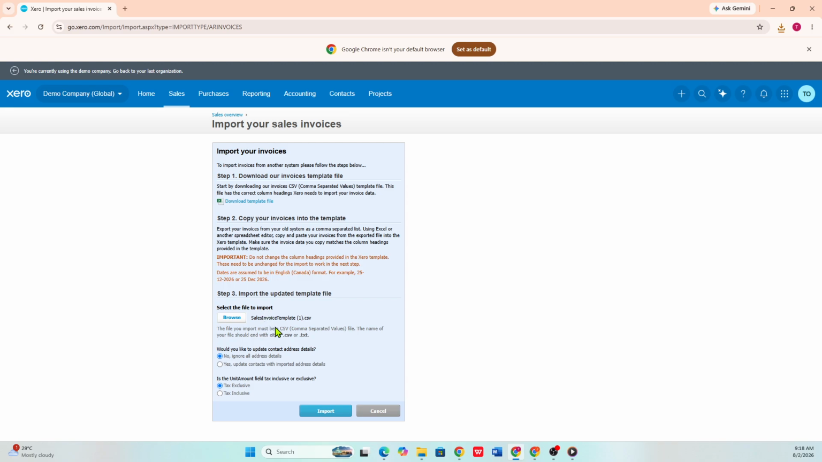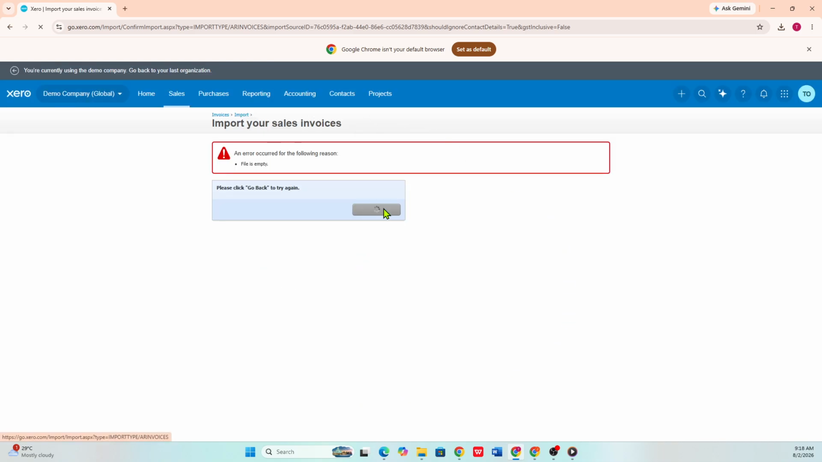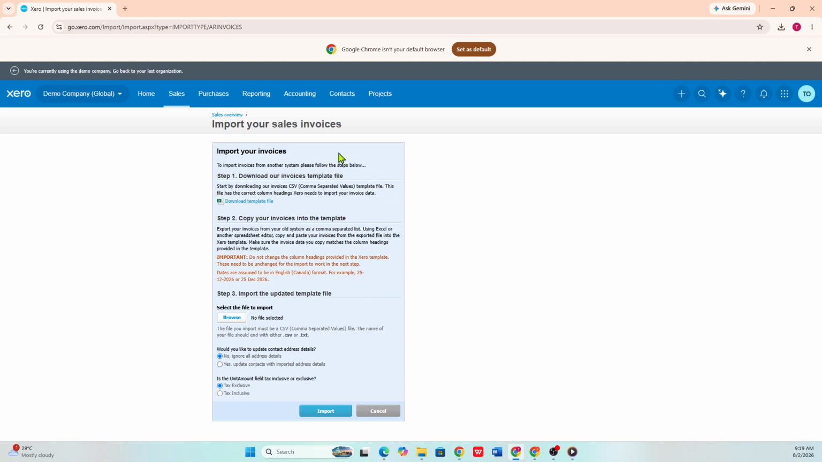Once the file has been uploaded, click Import again to complete the process. Xero will begin importing the information from your template into your sales invoices. After the import finishes, your sales invoices will be available in Xero, allowing you to continue managing your records from